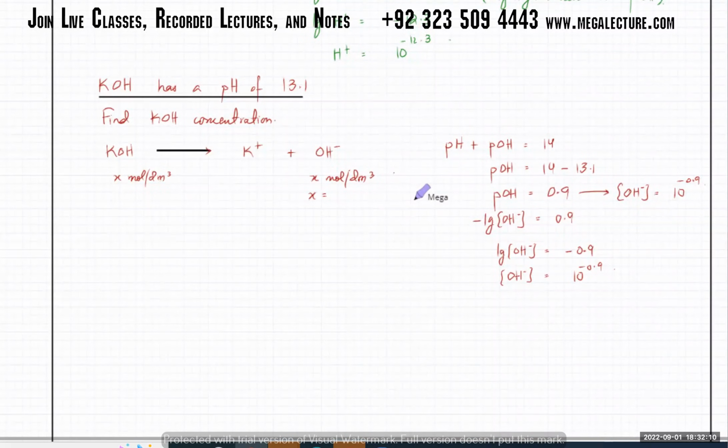How much did it come out to be? That's coming out to be 0.126, right? So that means the concentration of OH ions is actually 0.126 mole per dm cube. And since it's a strong base, the KOH concentration is the same, that's 0.126 mole per dm cube. So just remember that